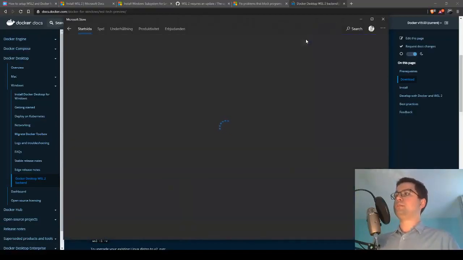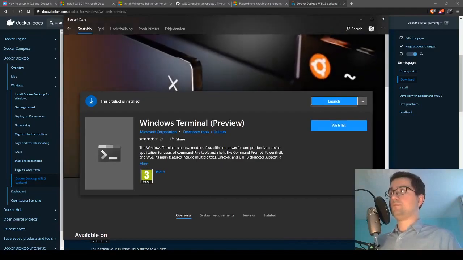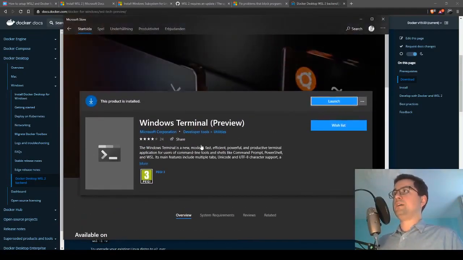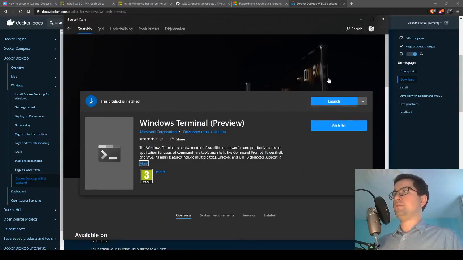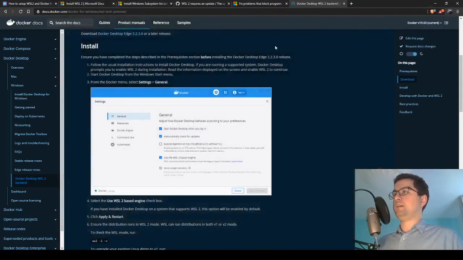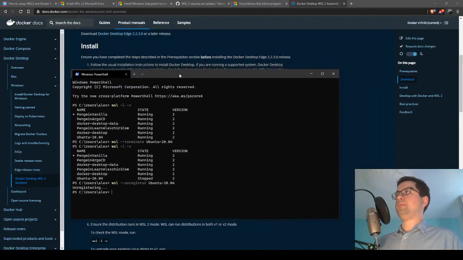Yes, so this is a very nice app, as I mentioned, to work with terminals, and yeah, it's free and you can get it from the Microsoft Store. I have it already installed here. This is how it looks,